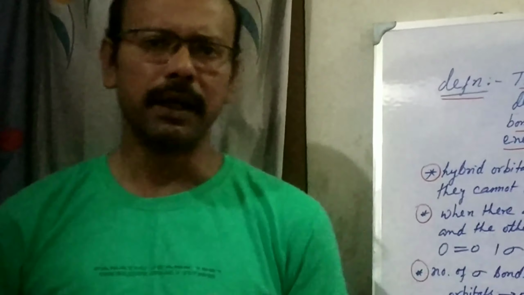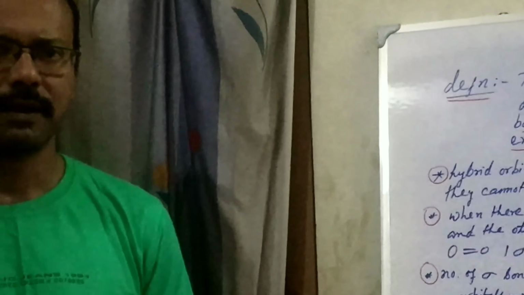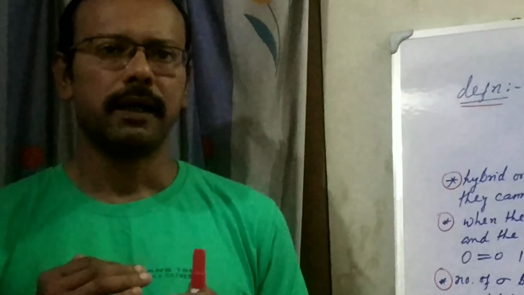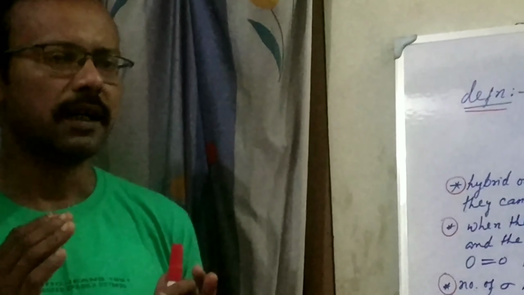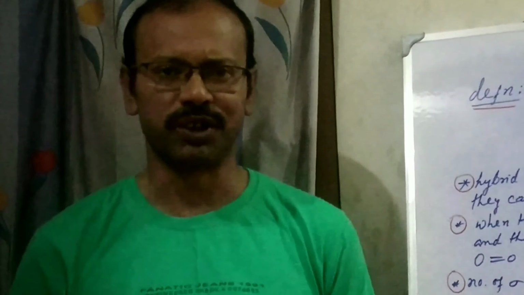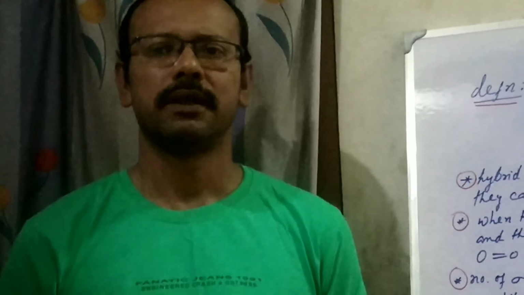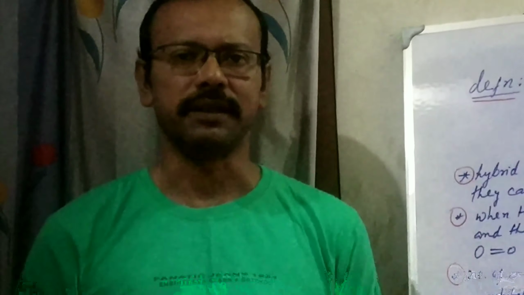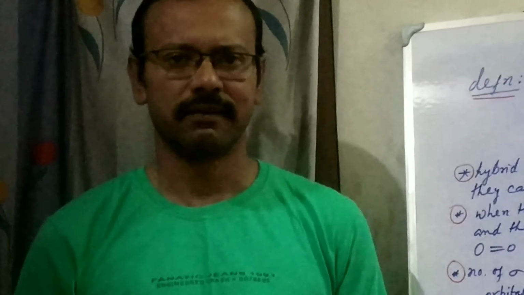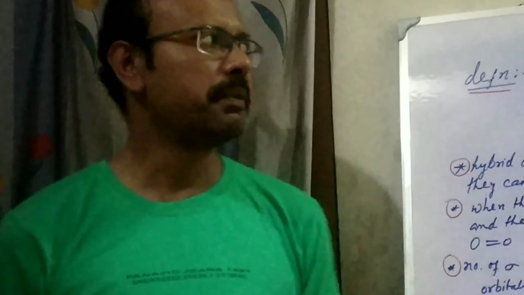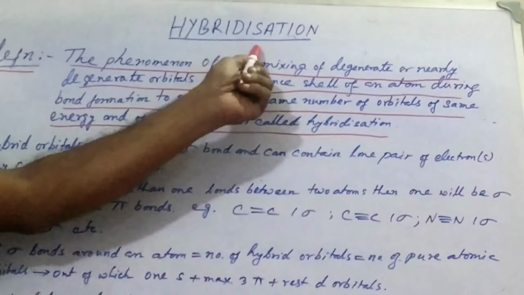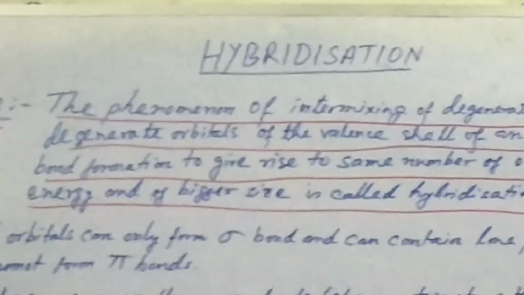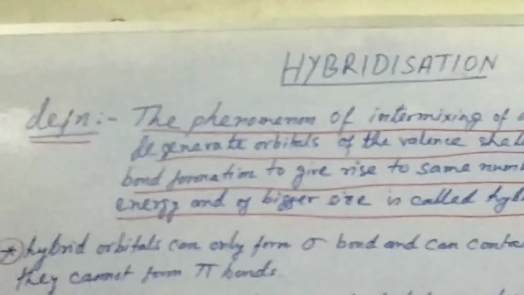Today we will be learning a very interesting topic which aggregates the formation of covalent bond and which is related to the valence bond theory of bond formation. The topic is hybridization. You see, the topic is hybridization. Now guys, you see,